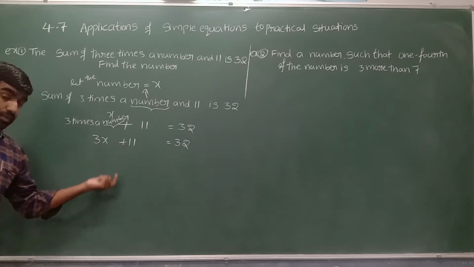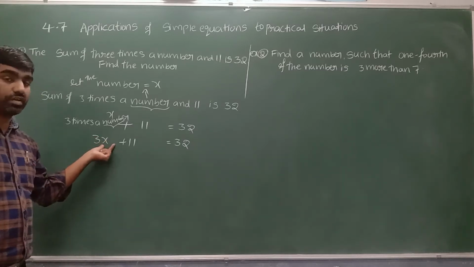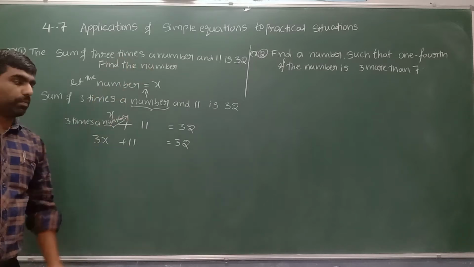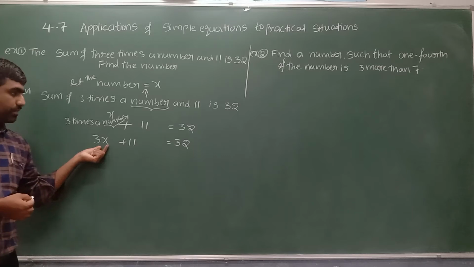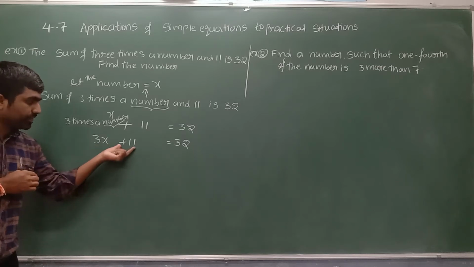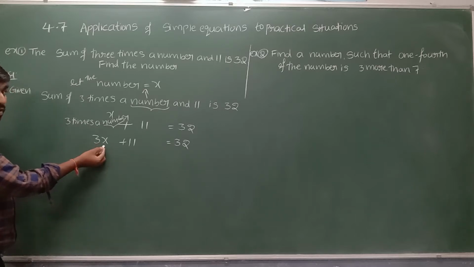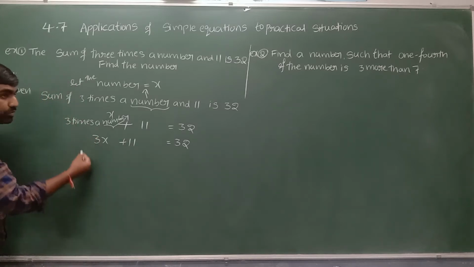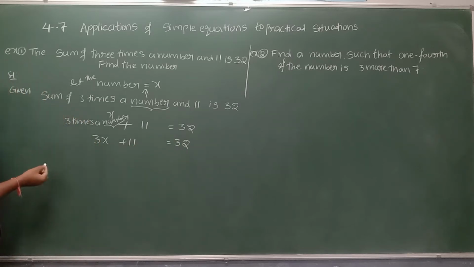Now we have to solve this simple equation using any one of those three methods, so that we get the value of this variable x, which is nothing but the number. They are asking to find the number only. To find the x value, we will go with the method of transposing. First we transpose 11 to the RHS to make x separate. Then we also transpose the multiplication by 3 to the RHS so that we can separate x.